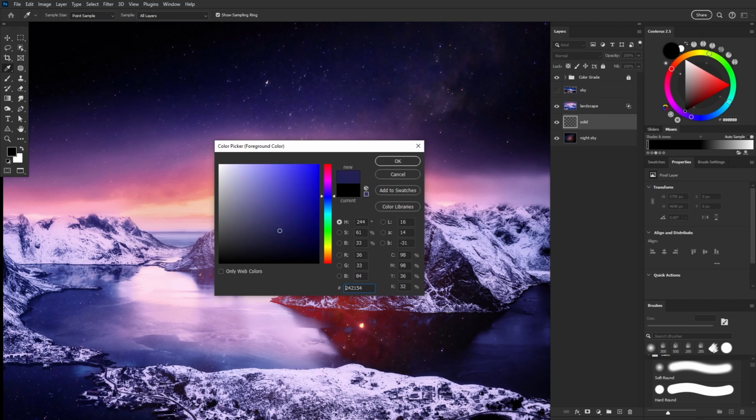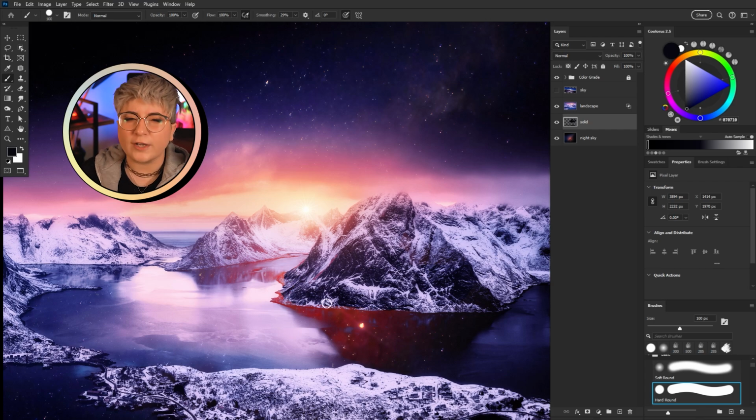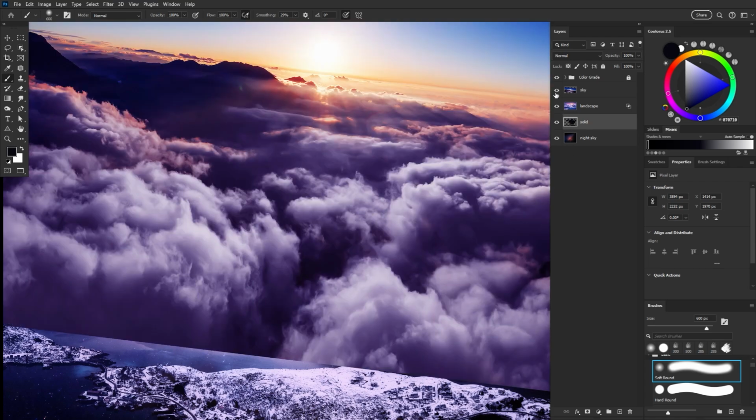We're bringing back those dark spots, basically. Like here, I definitely want to paint behind a lot of the mountains and land, so they don't look transparent. I also wouldn't use black for this. Try to use a really dark color of an already existing color in your image. Like here, I chose a darker blue. And we can do this to blend other details into our landscape as well.